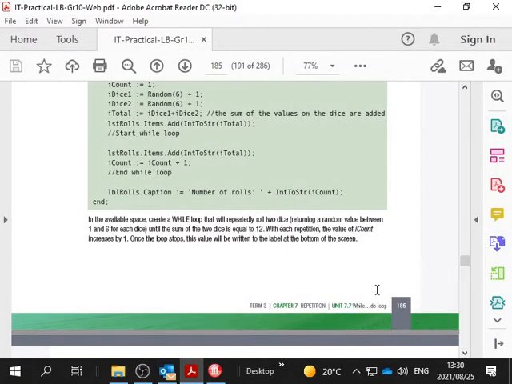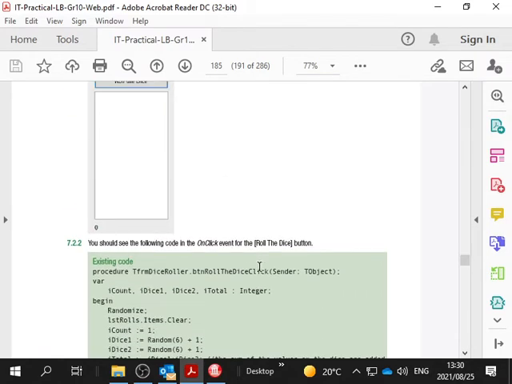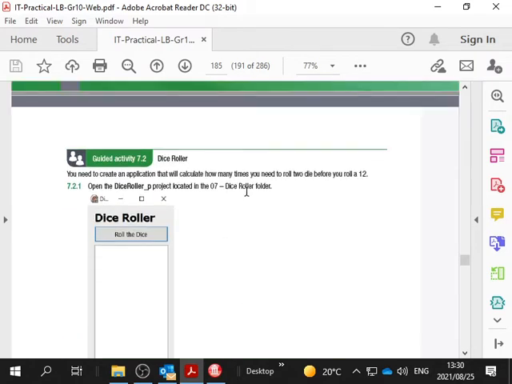And so on page 185, we will see that we have a dice program. They've actually got the instructions here. You can just go and type the code in, but what's that going to help us? We're not going to learn anything just by copying and pasting code into our program, so we're actually going to do it ourselves. Basically, we want to calculate how many times you need to roll the dice before you roll